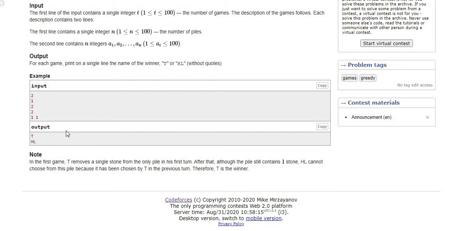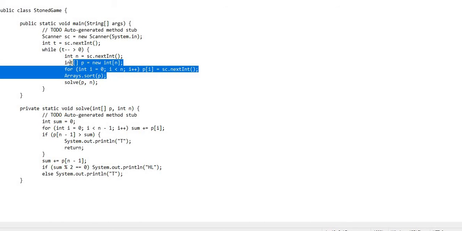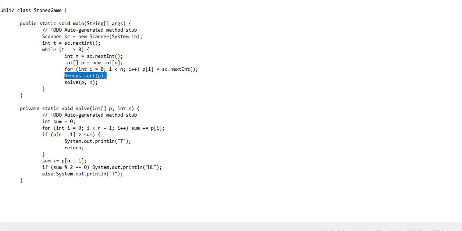So this is a greedy problem. Let's take a look at the code now. In this main function, I'm accepting the number of piles and storing it into an array. After that, I'm sorting this array. The reason to sort is that we calculate the sum of the piles up to the n minus 1th element. Let's say the piles are 3 and 1.